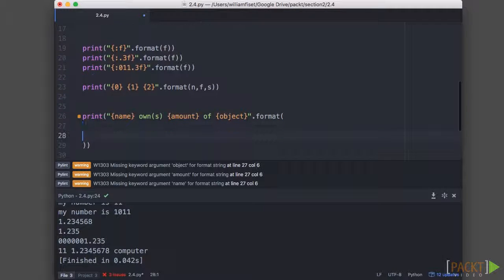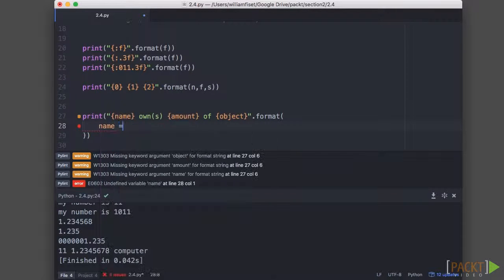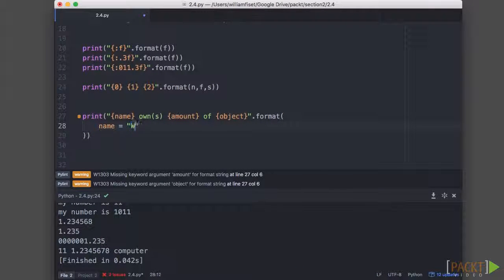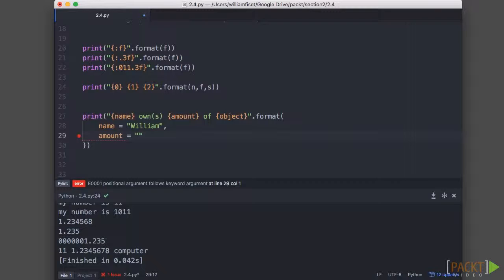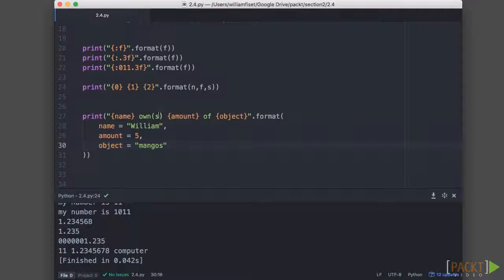In my format, like this, now all I need to do is tell it what name, amount, and object are. So I'm going to say name equals, say, William. Amount is going to equal 5. Actually, let me put an integer here, just to show you guys that it doesn't matter. Object equal to mangoes. Here, if I run this, we get William owns 5 mangoes